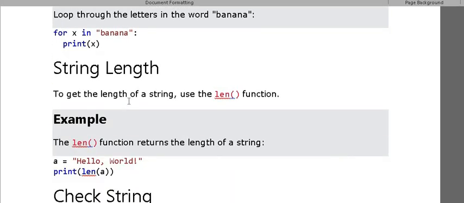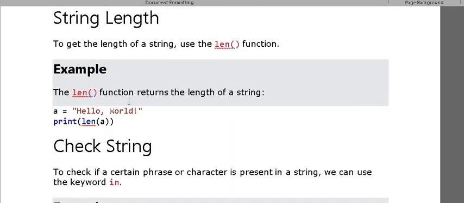Next, how to find out the length of the string. Strings already have an inbuilt function, that is len. If we want to find out the length of the string, we use the len function.